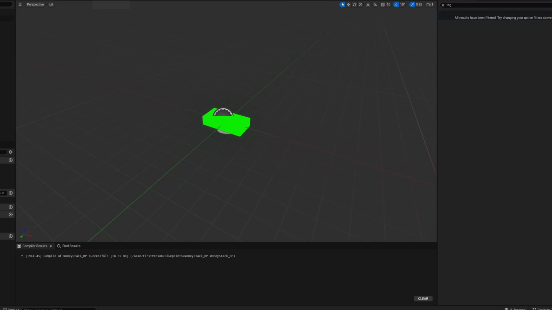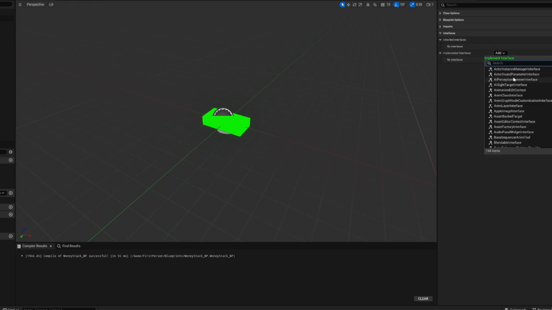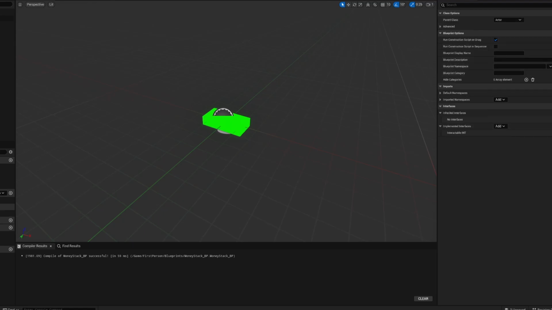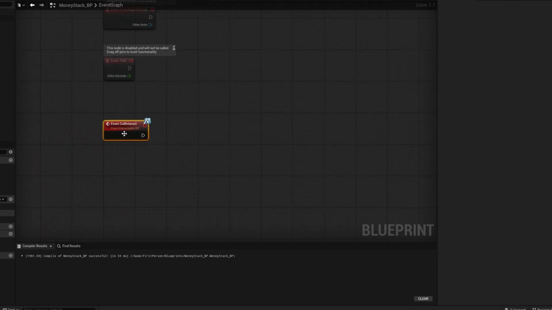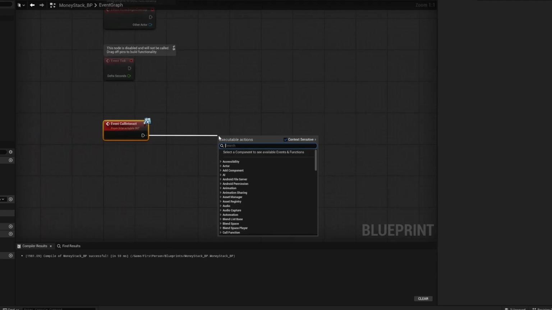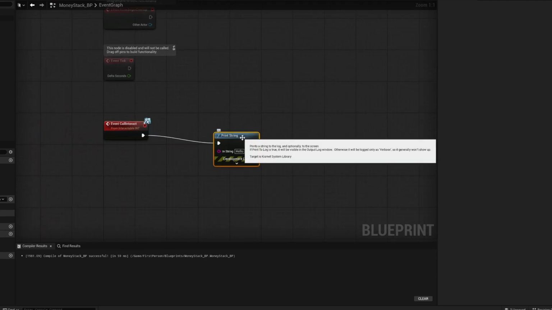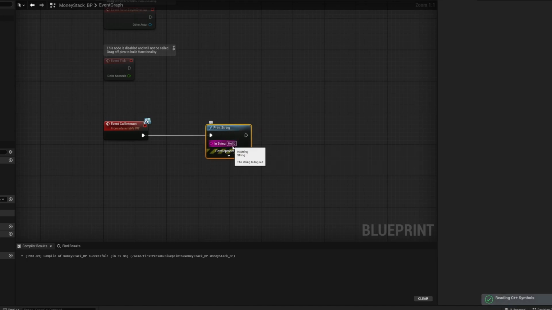And then we also need in the class settings to give it the interface of interactable as well. So we'll go, oh no, we do want implemented interface. We want interactable interface, compile and save. And then whenever we have this event call interact, let's just do a print statement for the moment, and we'll do